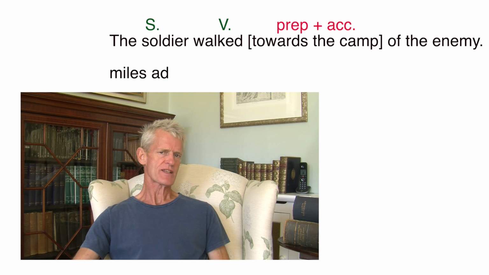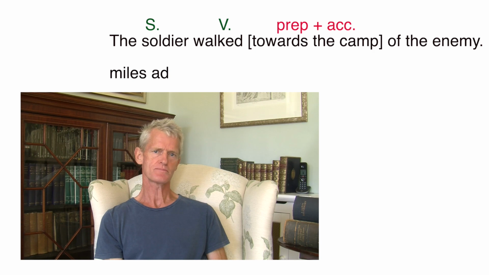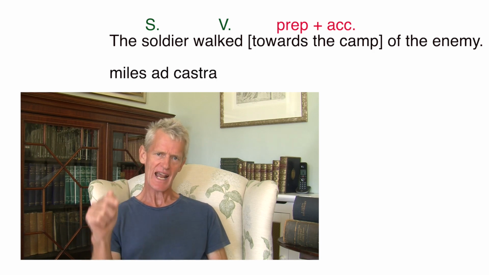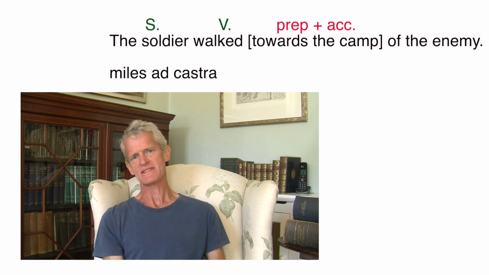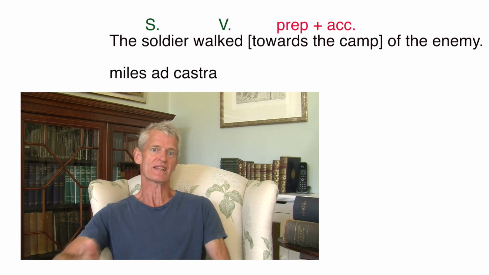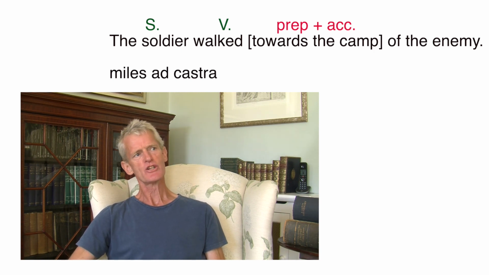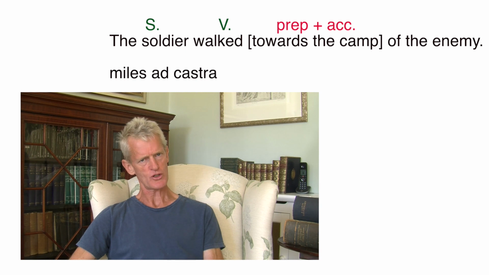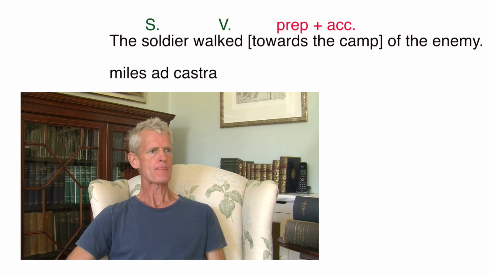Now, I don't know if I've mentioned this, but the Latin for camp is a bit peculiar. It's a word that is always found in the plural. It's castra. But that word castra is in fact the plural form of castrum, which goes like bellum. Castrum basically means a tent, and in the plural it comes to mean, well, obviously the tents, but it means the camp, as in a military camp. So, accusative plural of castra, going like bellum. So it's ad castra.